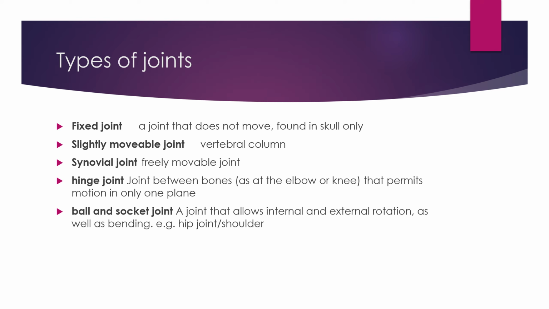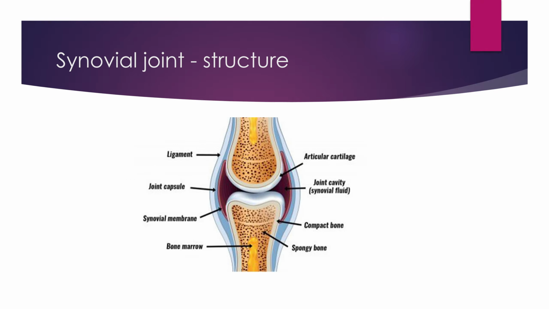There's hinge joints, which are joints between bones like the elbow and knee that permit motion in only one plane. A ball and socket joint is a joint that allows internal and external rotation as well as bending, for example, hip joint or shoulder. So synovial joint structure, you've got the ligament on the outside joining bone to bone, the